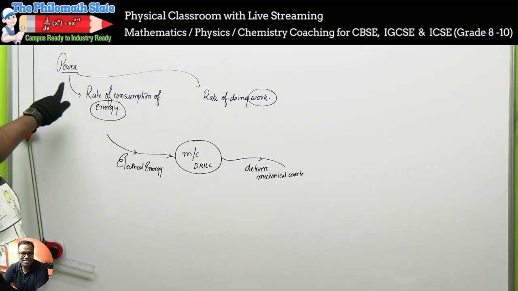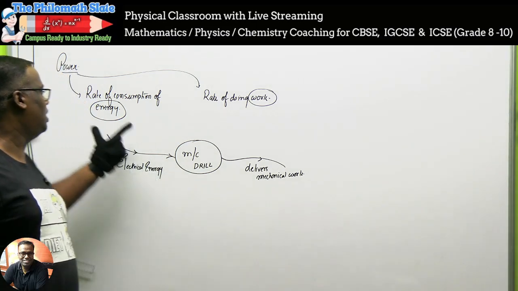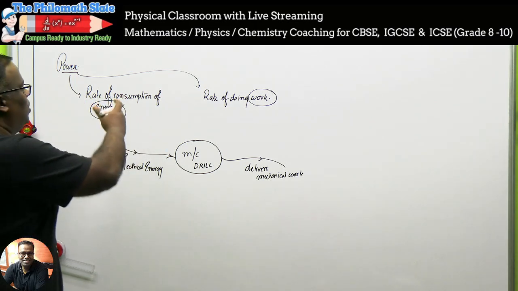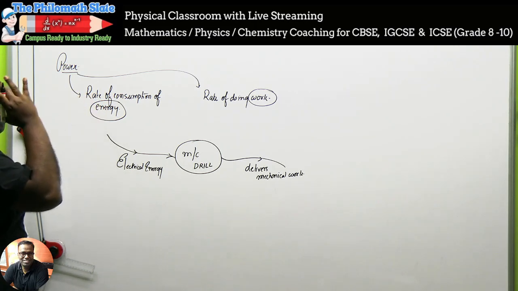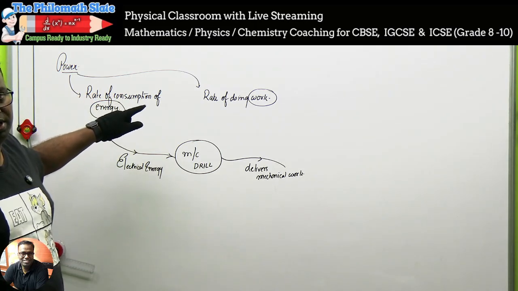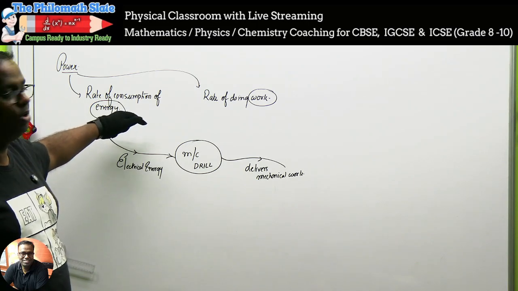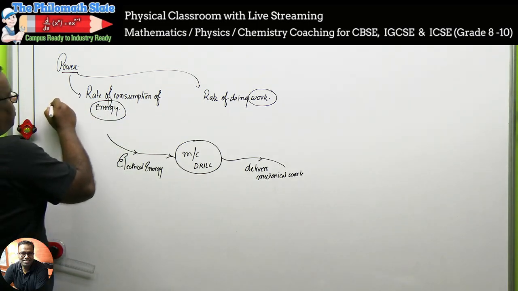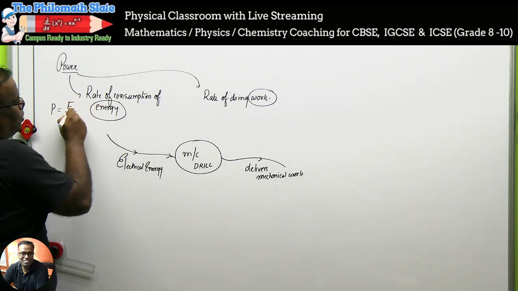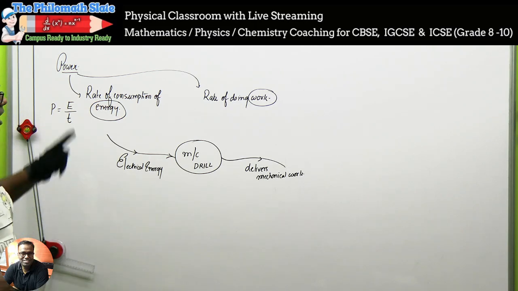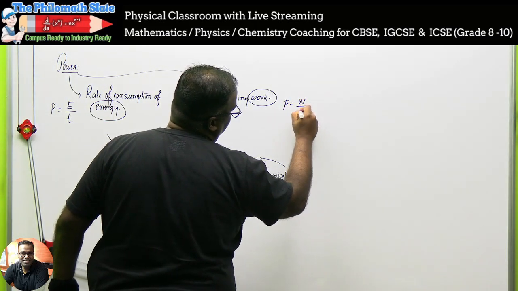Now look at the definition of power. It is the rate of consumption. Let me go a little bit deeper here. Whenever you hear the word rate, rate means comparison of two quantities. How does one quantity vary with the variation of another quantity? Here, we would define power as the rate of consumption of energy. So power is energy upon time. And if you look at this side, we will say it is the rate of doing work. Power is work done by time.